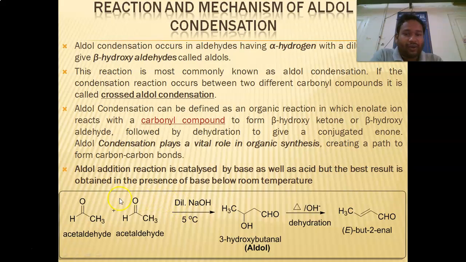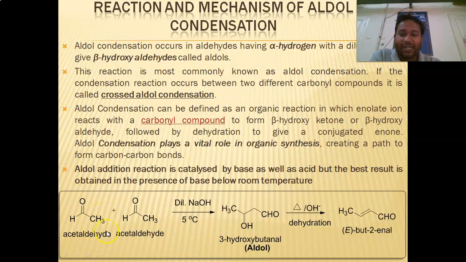Now I am taking the example of acetaldehyde. Here acetaldehyde is the aldehyde which contains the alpha hydrogen atom, which forms the corresponding enolate. This carbon is said to be an alpha carbon. Any carbon adjacent to a functional group is said to be an alpha carbon, and the hydrogens on it are alpha hydrogens. So there should be an alpha hydrogen, and that kind of molecule undergoes formation of the enolate.